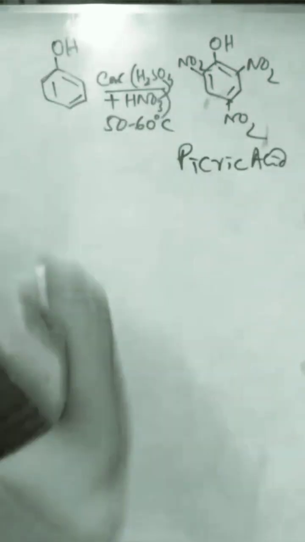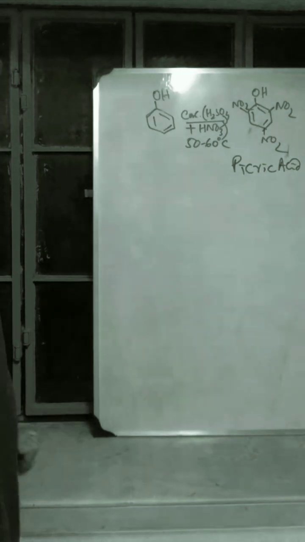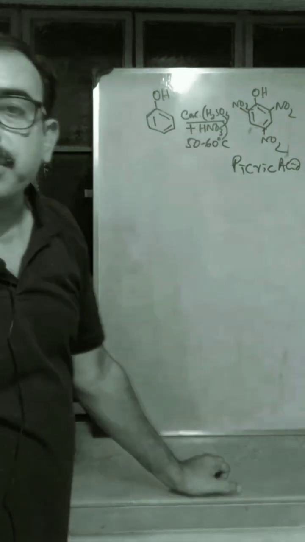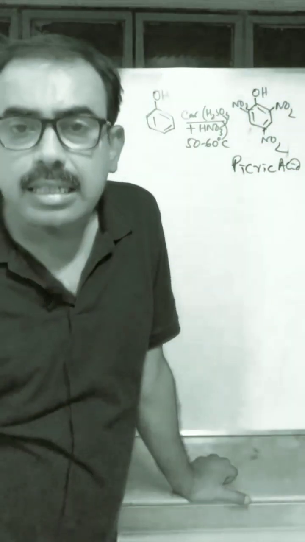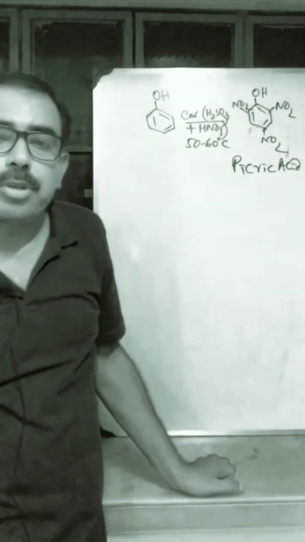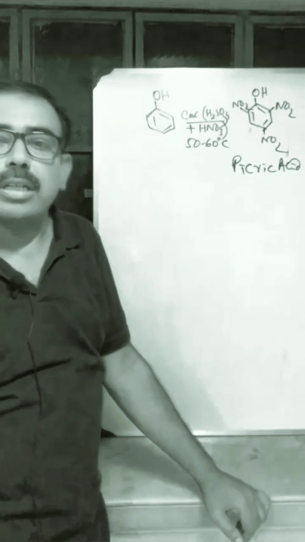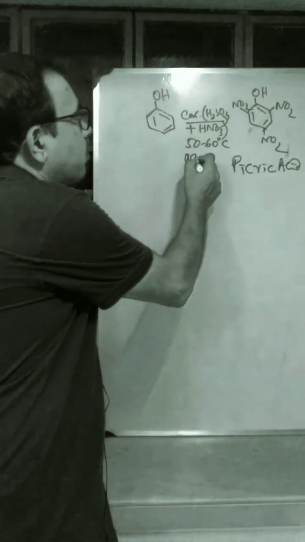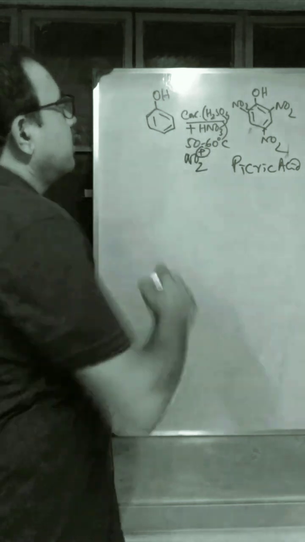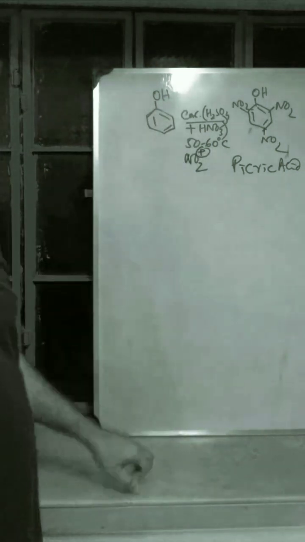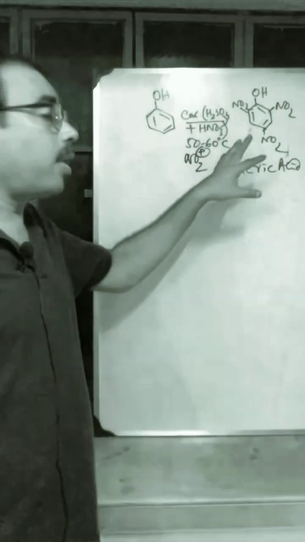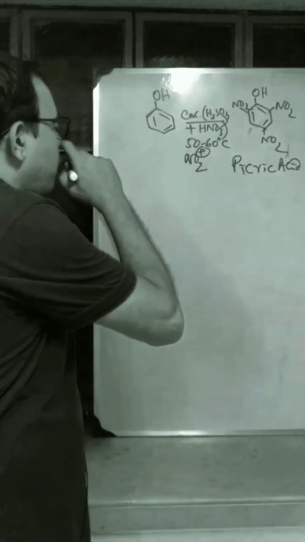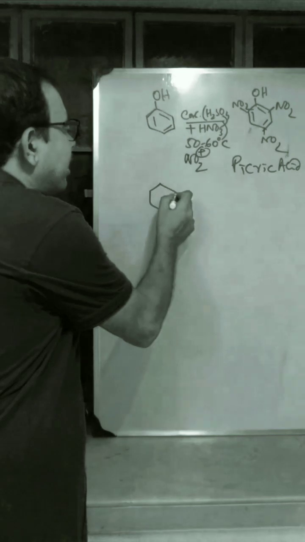So why does this happen? The OH is an electron donating group. Now the mixture of concentrated sulfuric acid and nitric acid at a temperature of 50 to 60 degrees centigrade, we know, is a nitrating mixture. The electrophile generated is NO2 plus. Now the pi electrons of benzene attack that NO2 plus to form the compound, but what we expect is, since oxygen has a lone pair of electrons,